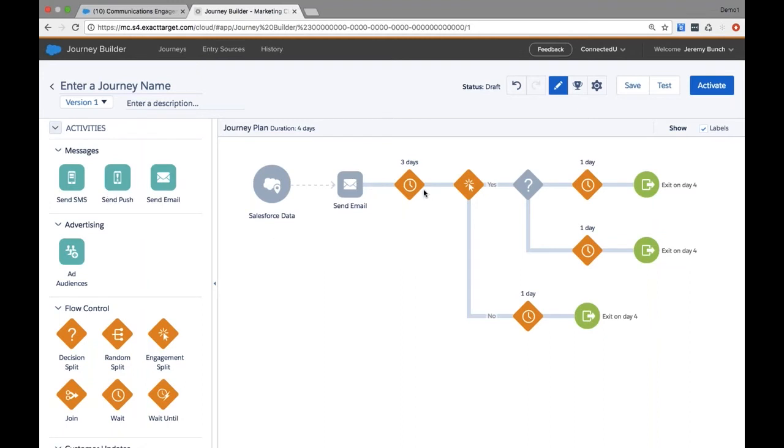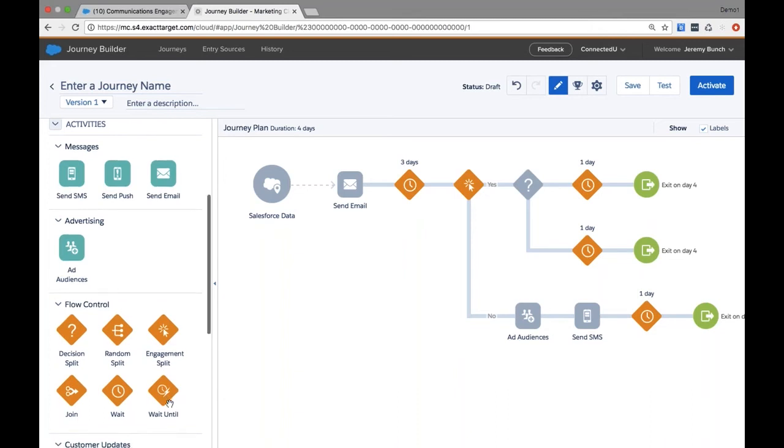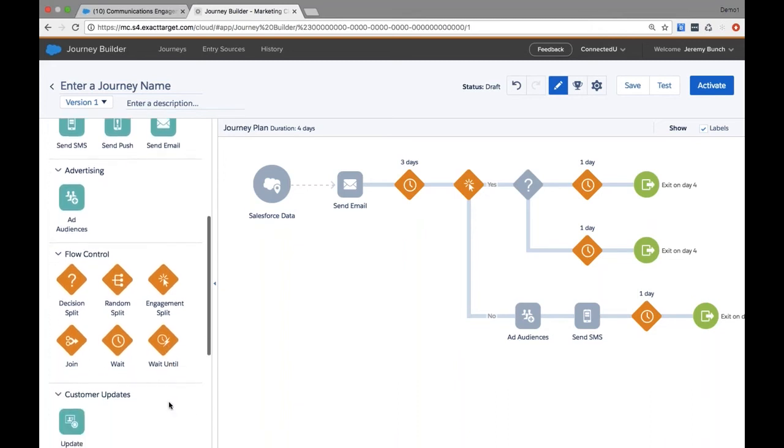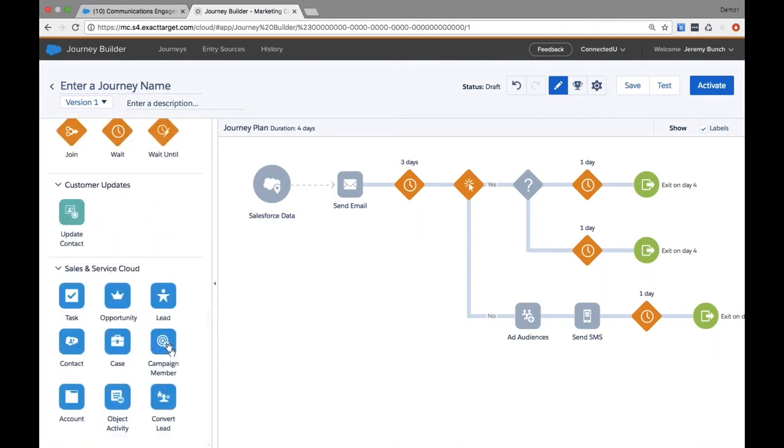But then at any time, let's say this person got an email, waited 3 days, they did not engage. Well, what do I want to do? I would like to send them an SMS. I would like to target them specifically with an ad. So now they're getting hit with ads, SMS and multiple communications. And then at any time I can rejoin them back with a join. I can wait until they do apply and then take action. So I have a lot of flexibility, but the real power are these objects right here, because at any time through the flow,